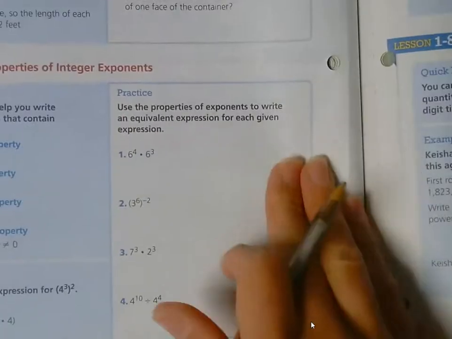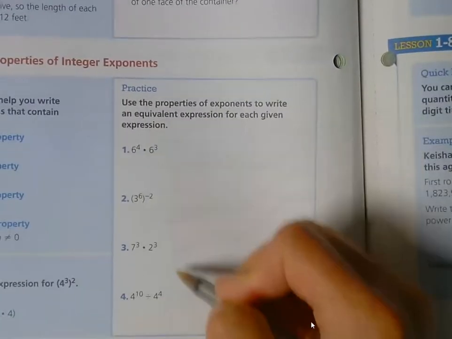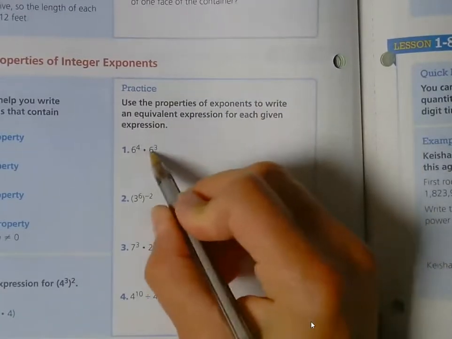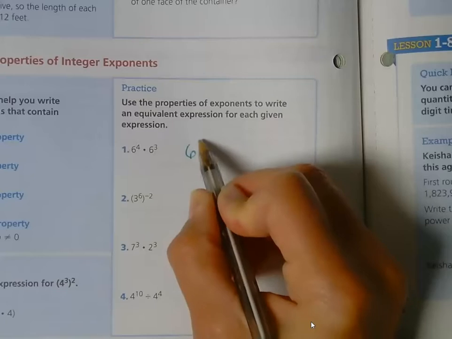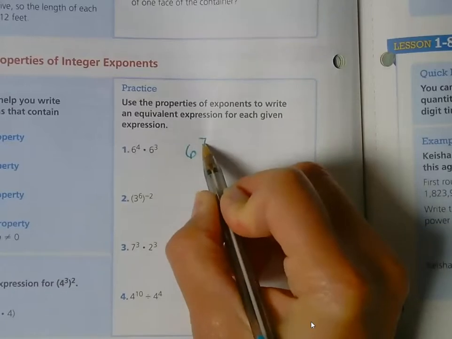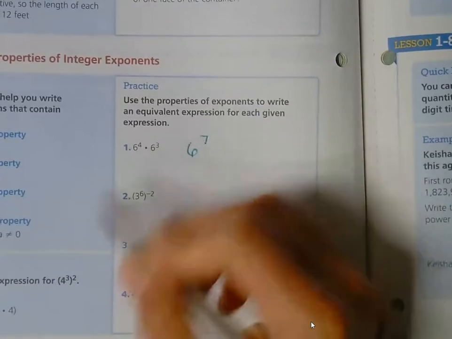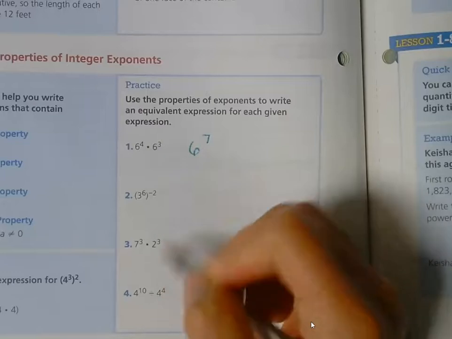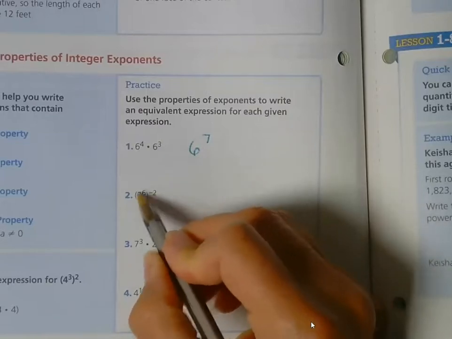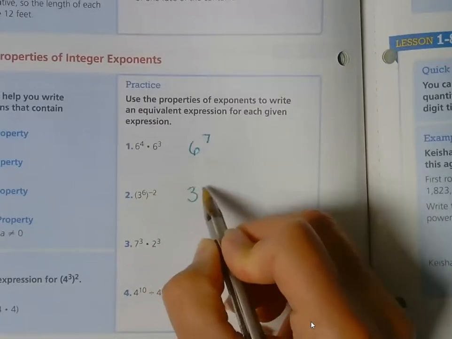So again, before you check your answers, please make sure that you have these done. Okay, the base stays the same, so 6, and then we add our exponent, so 6 to the 7th. Again, if you're getting any of these wrong, I would go back to the previous movie and watch the rules of exponents again. Okay, this one is power to a power, so I need to multiply so that it'd be